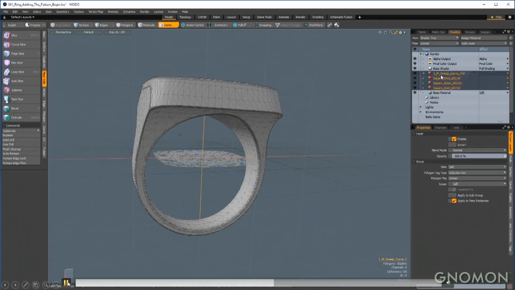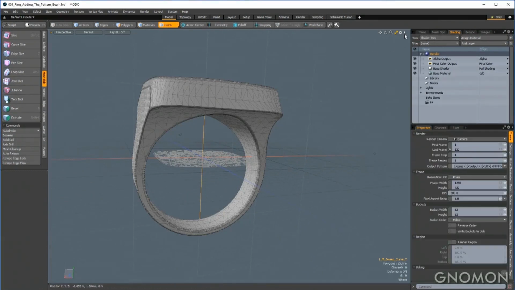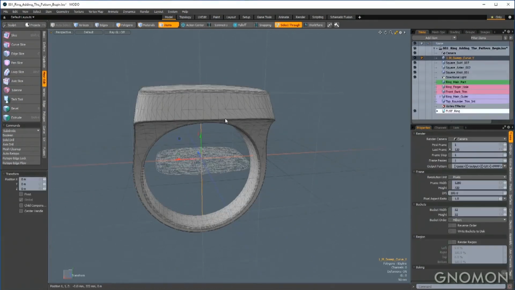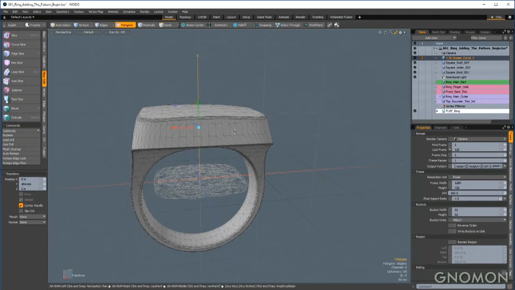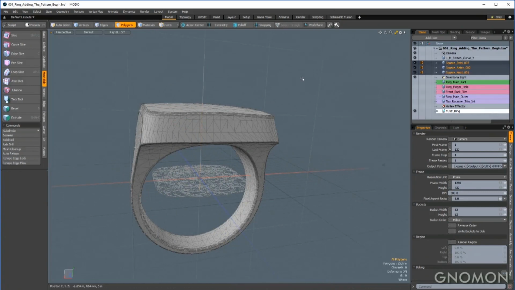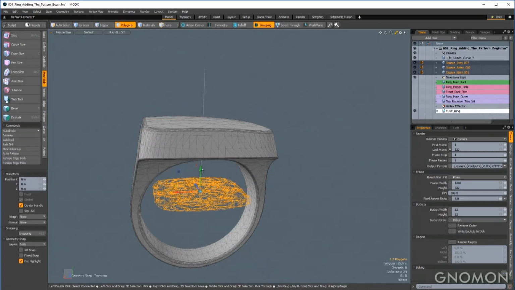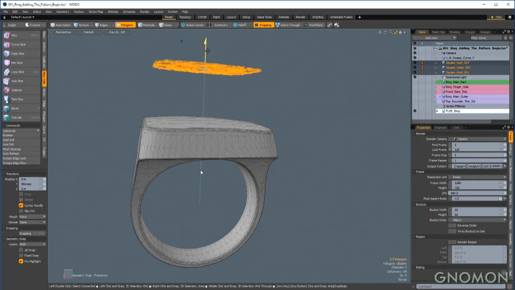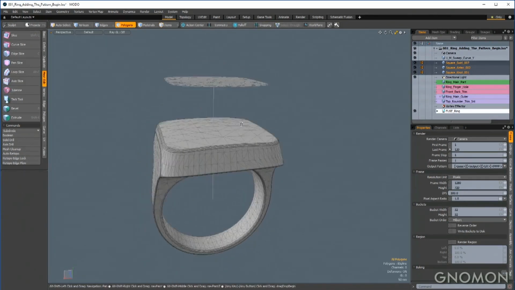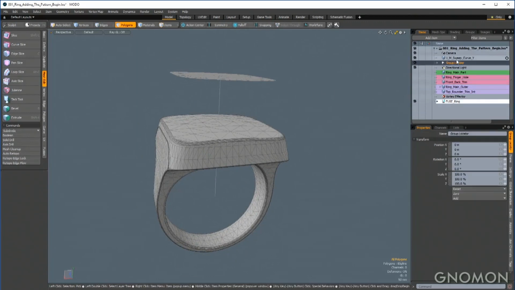So I'll also just keep my scene tidy by deleting the material groups. And then I'm going to take the 1 meter sweep curve and just move that in the Y so that it's just penetrating the top of the ring. I don't want it to go all the way through the band of the ring. And then I'm going to take all of my top designs and snap them to the very top of the sweep path. And then I'm also going to group these designs. So I'll call it GRP underscore top underscore patterns.